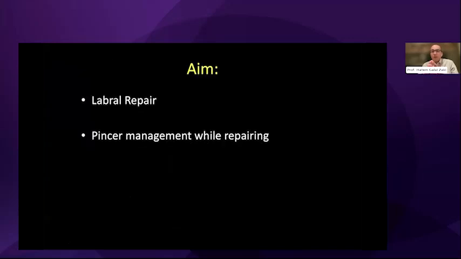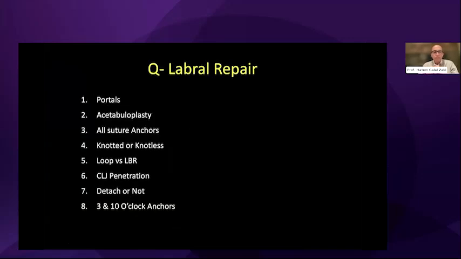When we think of labral repair, there are 2 main points. Usually there's always an associated degree of pincer with the labrum, so we always have to manage that. And then the technique of actually repairing the labrum itself. When repairing the labrum, there are several questions we should prepare for. Which portals will we use, the acetabuloplasty or pincer management, and the anchors and sutures we will use, whether knotted or knotless? Do we do a loop or a labral base refixation? Do we separate the chondrolabral junction, and how do we penetrate it? Do we attach a knot? And lastly, what do we do about the far away anchors, the most medial one and the most posterior one